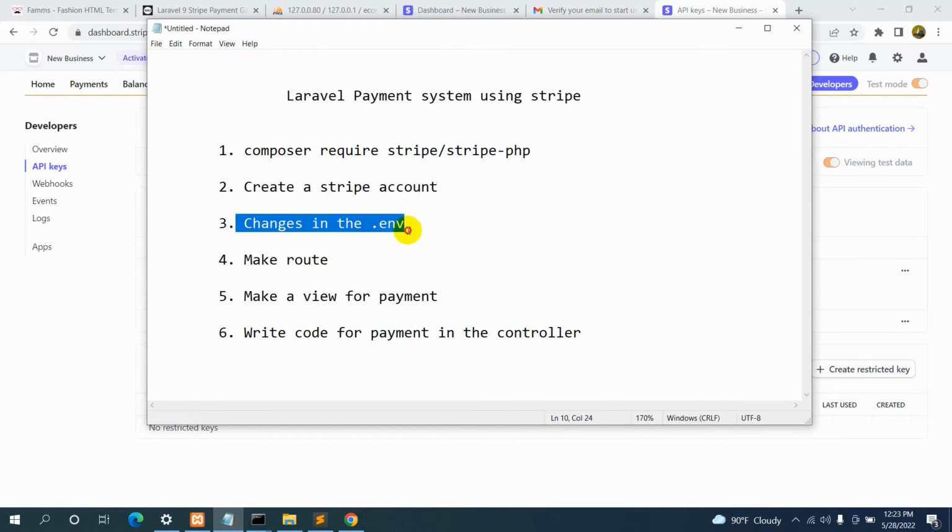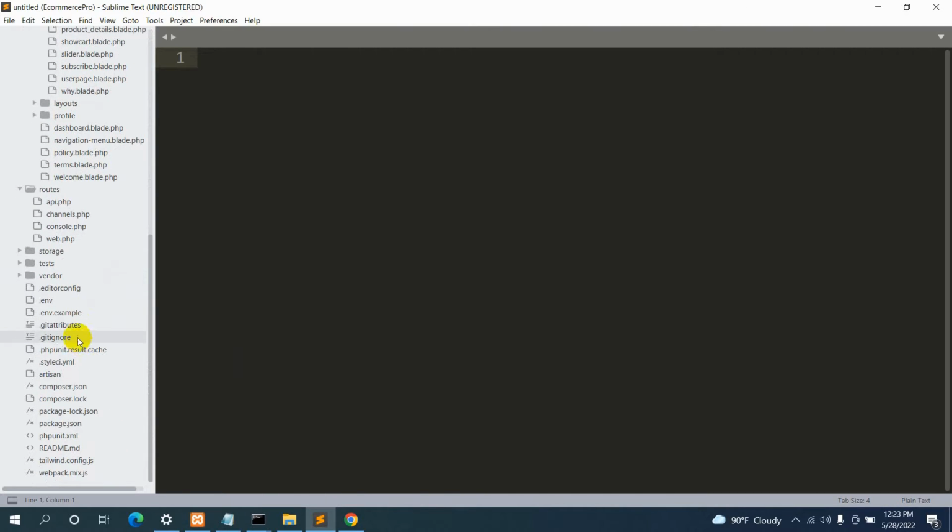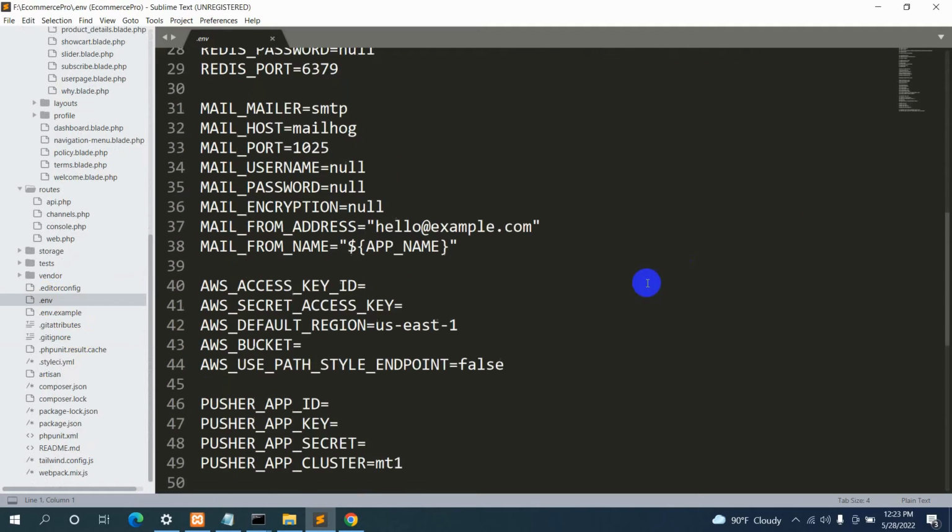Our third step is changes in the .env. Over here you can see the publishable key and secret key. We need to write those in our .env file. So let's go to our project, and here you can see the .env file. So at the bottom